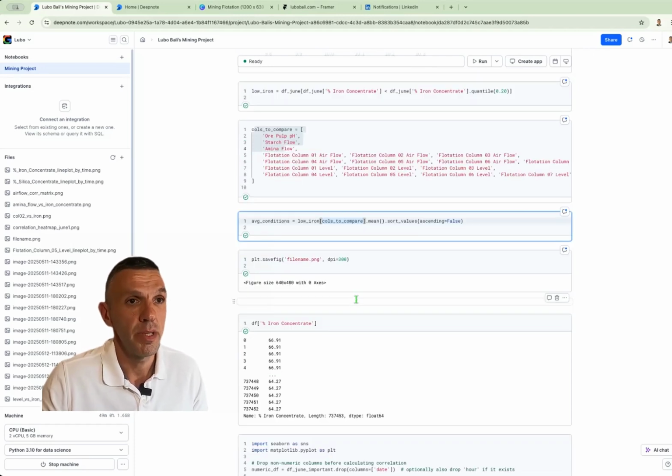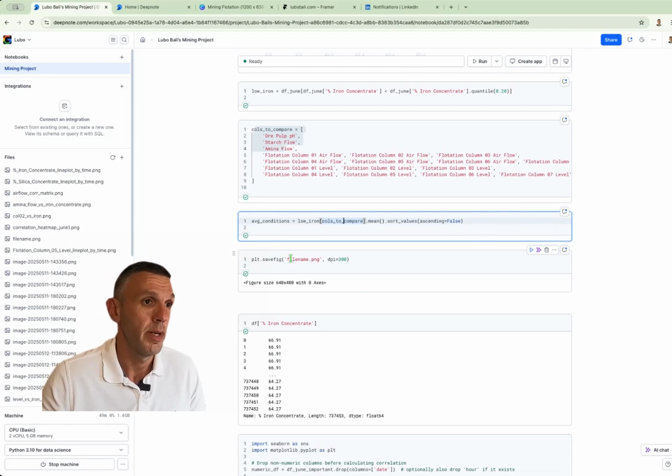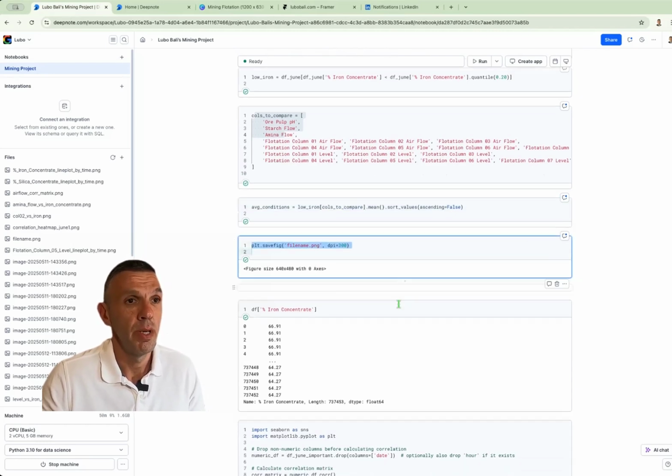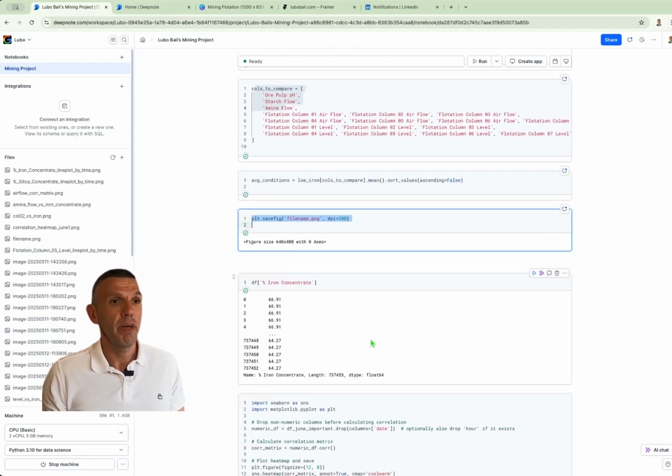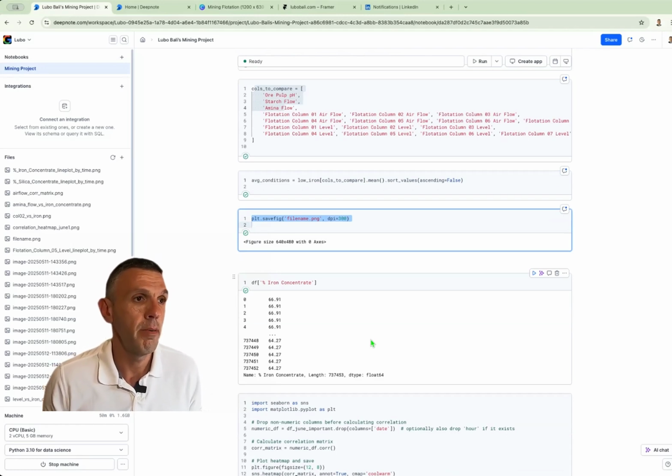So the next step is to save charts as PNGs. This is just to prepare visuals for my portfolio website. I used this code over here. It's very simple. Okay, so to wrap up, what I did: I filtered a large dataset to 1